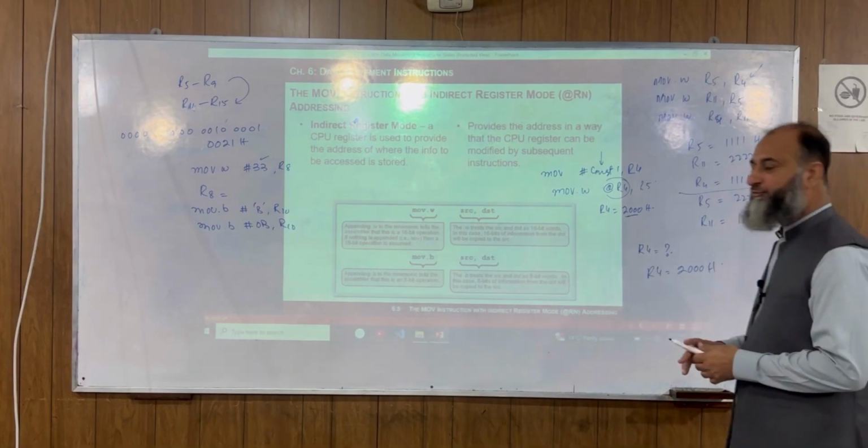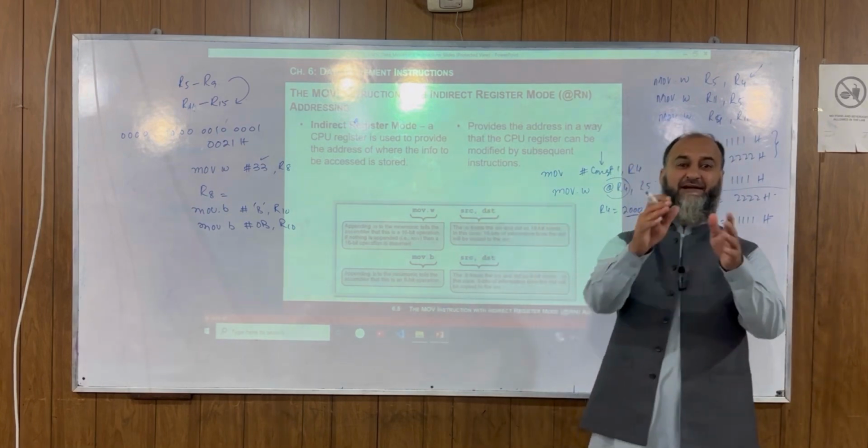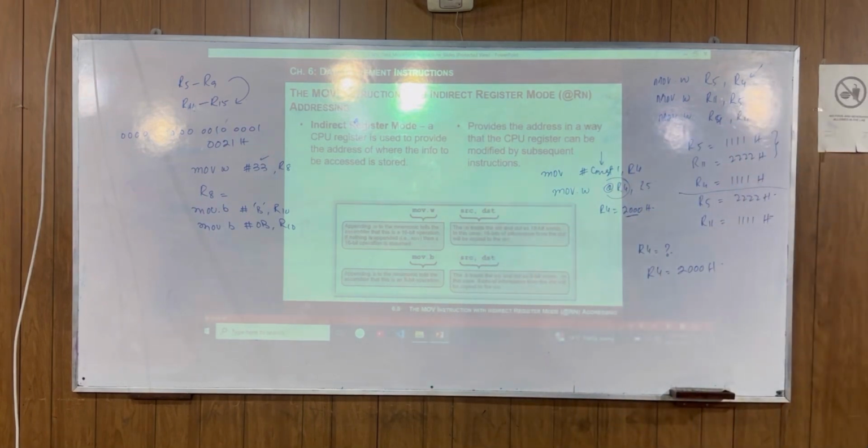So this is the indirect addressing register mode. It means in the indirect addressing mode you are not giving a direct, absolute address here. You are not representing it with symbols, with a symbol or label, but we represent the address which is stored in any register.